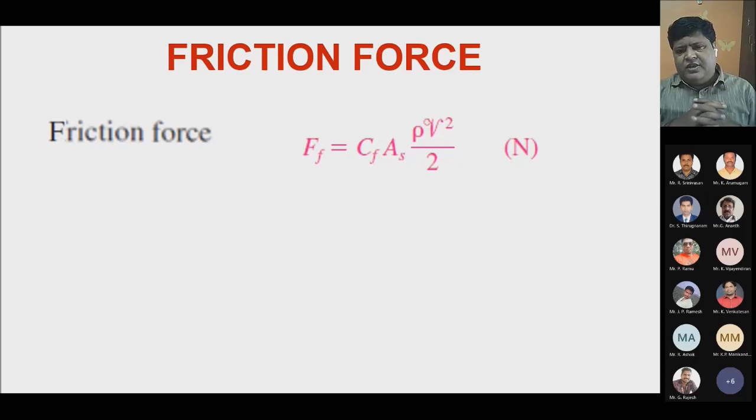And at the end of the day, your ultimate overall energy efficiency will be less, because you are trying to dissipate more heat by using a fluid, which is really good, but the fluid has a lot of frictional effect, so you are consuming more electrical energy. At one point you are dissipating more thermal energy, at another junction you are consuming more electrical energy. The net energy transfer will not be effective. So this friction force plays a very important role.